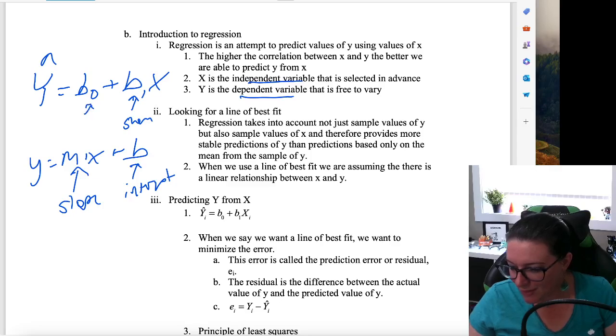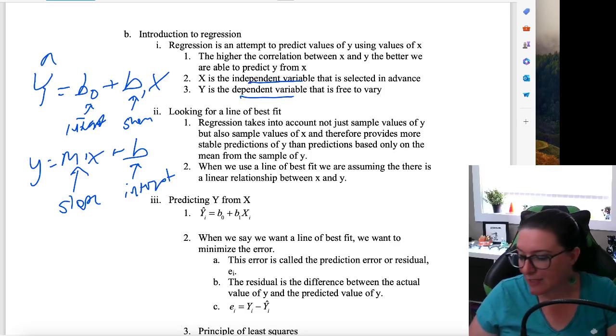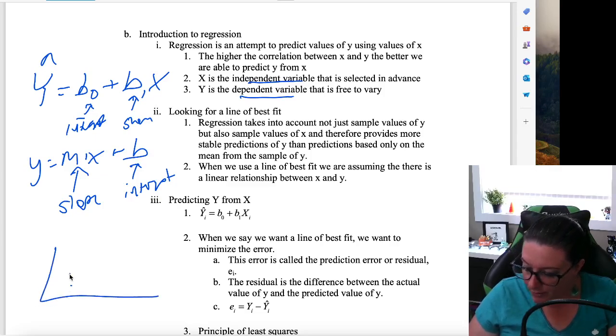And this is the intercept. Okay, so it's the same thing for finding a line like you did when you did some early graphing, say in high school. So when it comes to our regression, we're looking for the line of best fit. So we're going to take our data